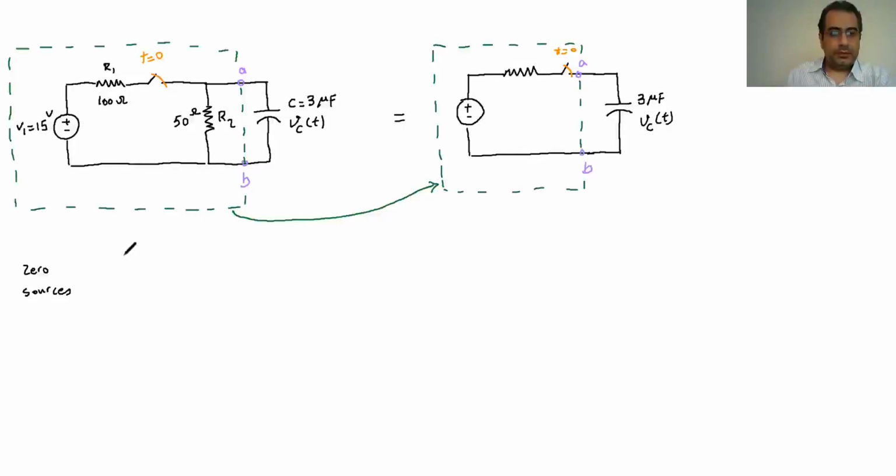It's going to be something like that. We had this example before. If you want, you can go back and look at how we did that in detail when we talked about the Thevenin. So it's going to be 100 Ω, and then